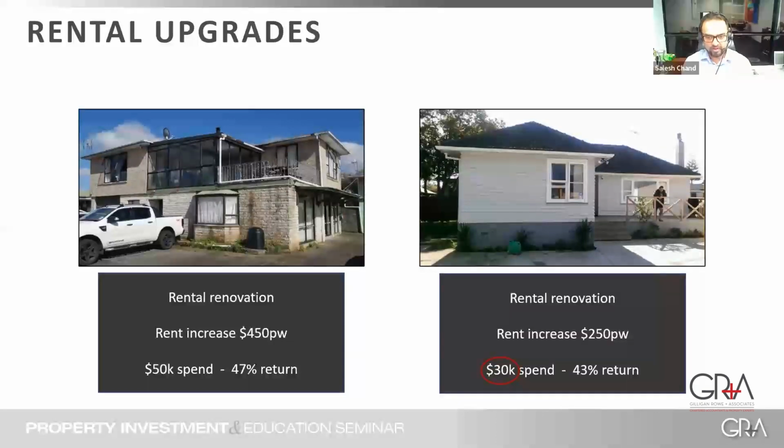If you look at this, Maggie's gone and spent 30 or 50K, forget about the rent increase. Maggie had to do this renovation, right, Maggie? You had to do this. So the beauty of this is, sometimes you have a property and you go, "I don't want to touch it, I'm getting $450 per week." No, if you are going to renovate, you're going to present a good property on the market. You demand your rent because you are presenting something good. And that's what you've got to do.